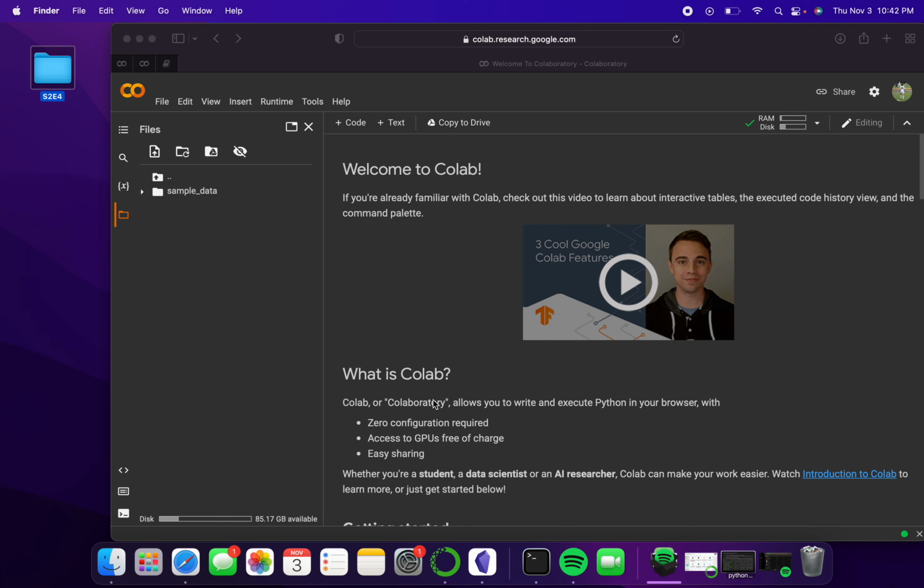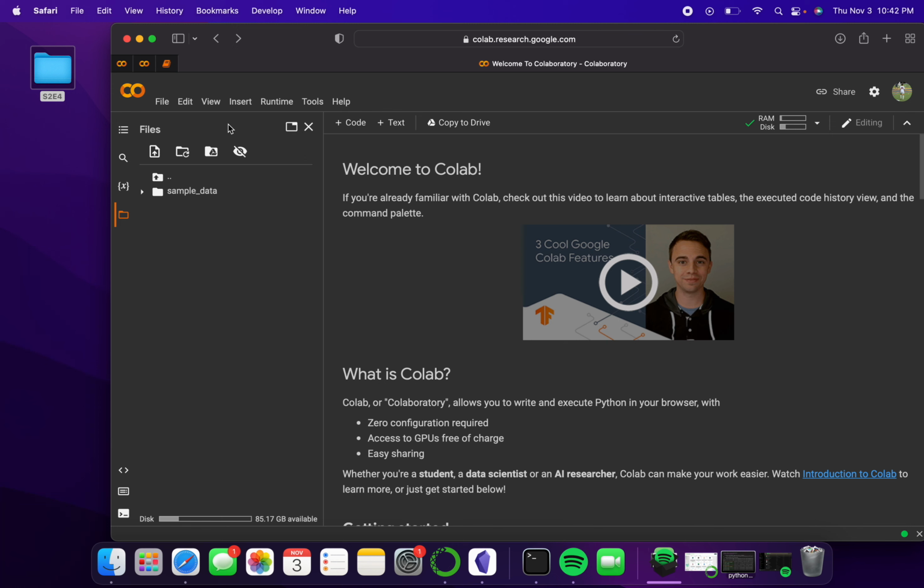Basically, what Google Colab is, it's a Python file hosted on Google Drive, so it can be shared and worked on by multiple people. It's pretty much the same as Jupyter Notebooks, if any of you have used that, which is just an online Python IDE, so a place where you can use Python. And I just want to get everyone started on how to upload the code and then the necessary